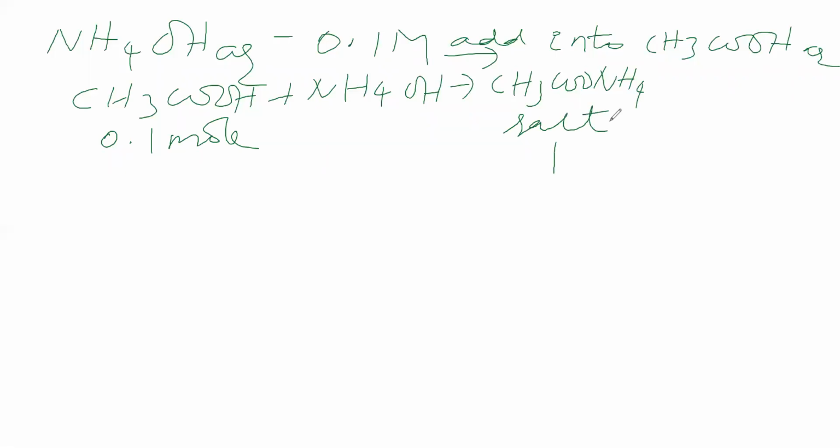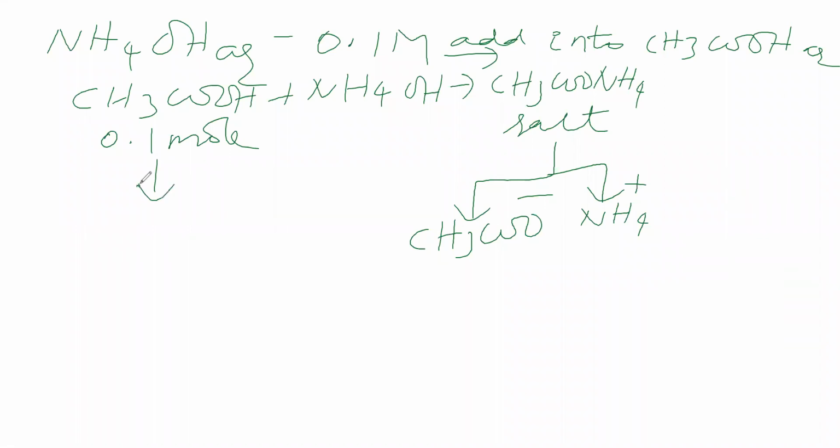Therefore, it undergoes complete ionization to give acetate ions and ammonium ions. Ammonium acetate is a salt, so it has a higher value of alpha, the degree of dissociation, and undergoes almost complete ionization. Acetic acid is a weak acid, but it is also undergoing ionization to give acetate ion and H plus ion.